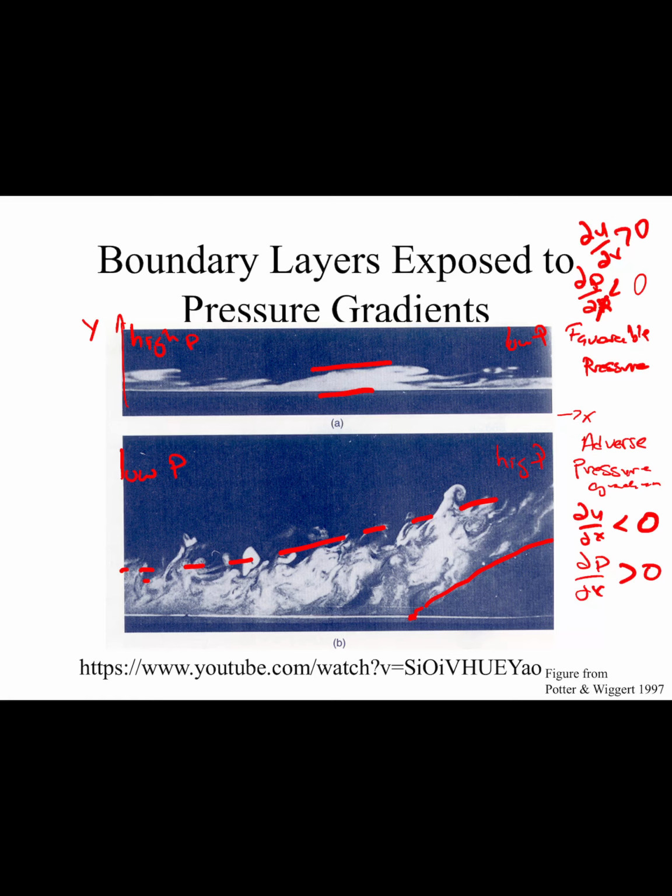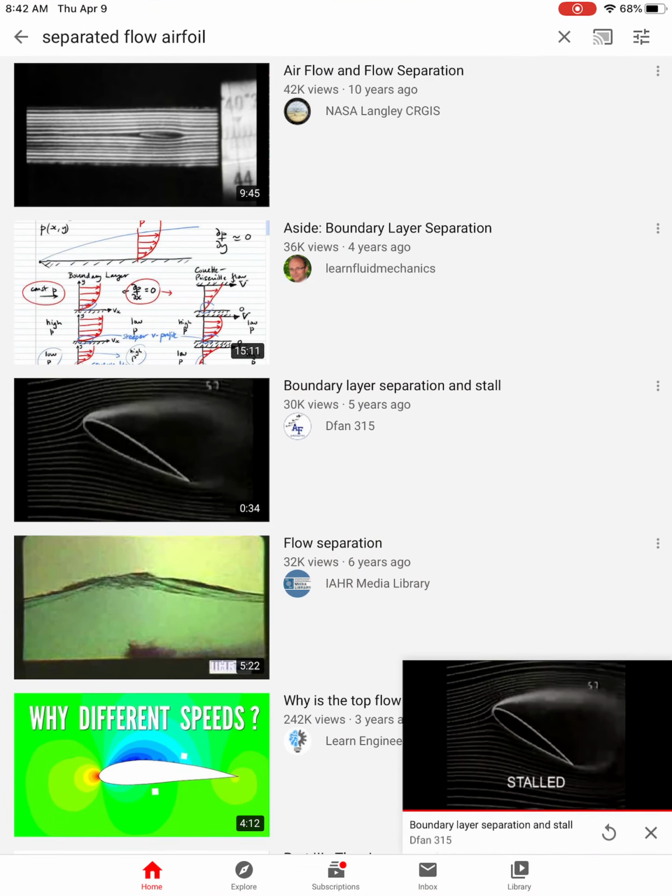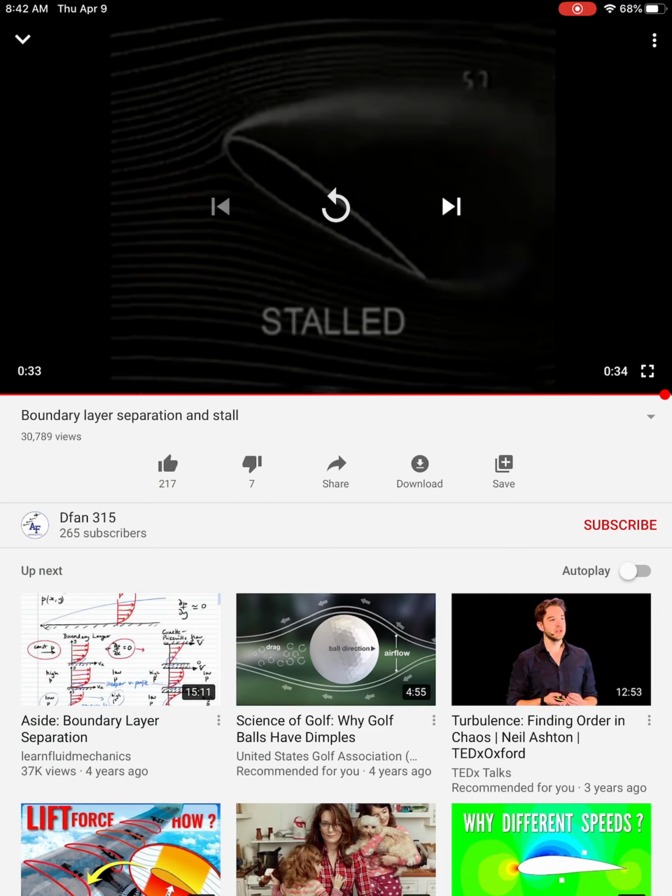So let's take another example of this, and I think I have a YouTube video, hopefully it's queued up, that we can look at here. This is talking about separation and boundary layer